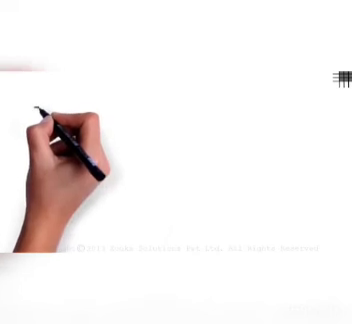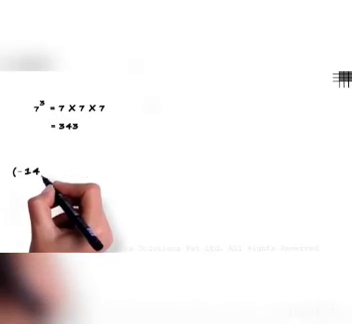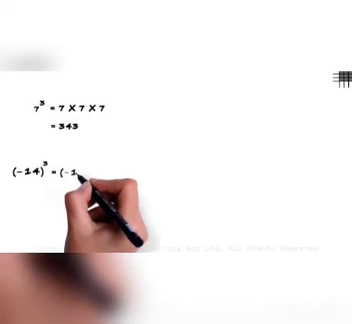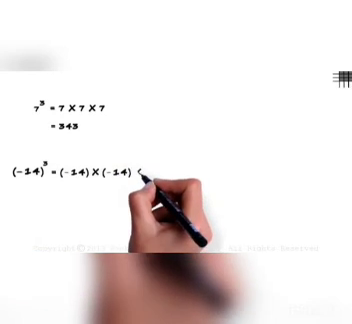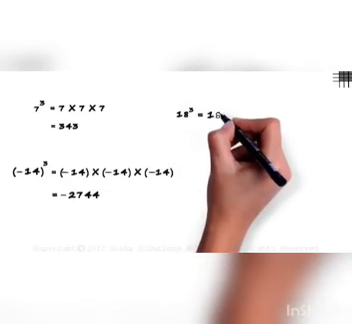Now there's a vital property we need to understand. To understand the property, here are a few examples. How do we find the value of 7 cubed? It is 7 multiplied by 7 multiplied by 7, and that equals 343. Minus 14, the whole cubed, equals minus 14 multiplied by minus 14 multiplied by minus 14. That equals minus 2744. And similarly, 18 cubed equals 18 multiplied by 18 multiplied by 18, which equals